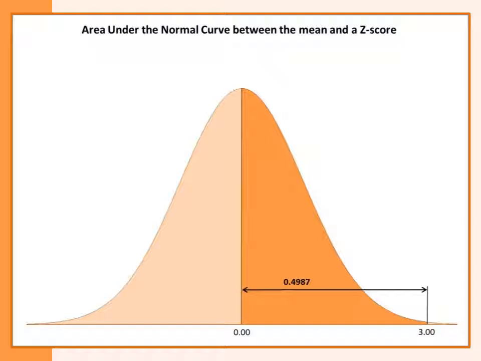Constructing the normal curve and reporting that z-score value of 3.00, we see the area between the mean of 0 and the z-score of 3.0 is 0.4987. So virtually all of the area above the mean of 0 is contained within the area between 0 and 3.0. That's why when we use a standard normal curve, we say that values beyond 3, while possible, are not very likely. And that is justification for indicating a value beyond 3 as being an outlier.